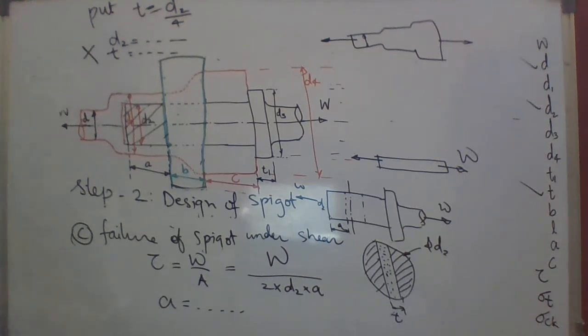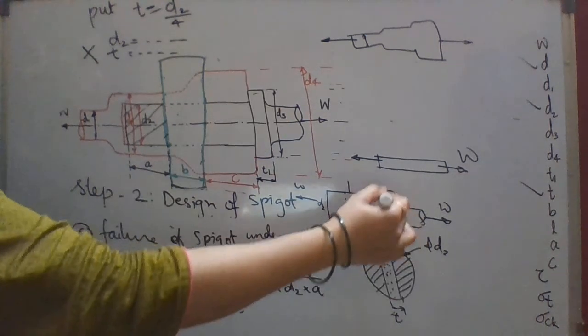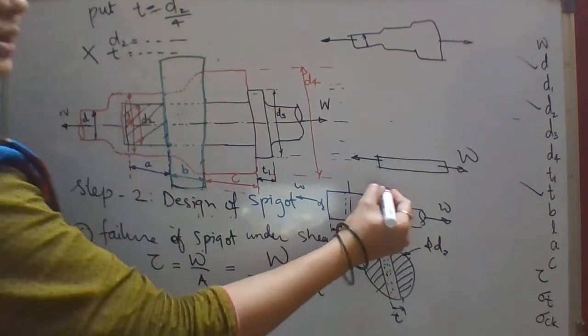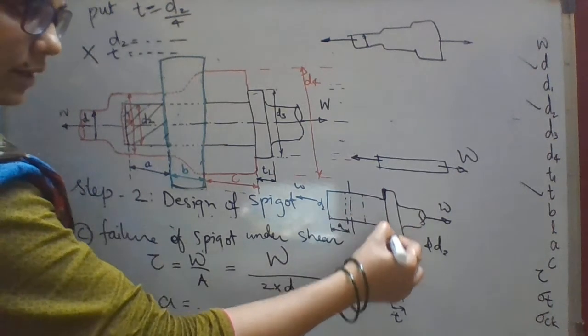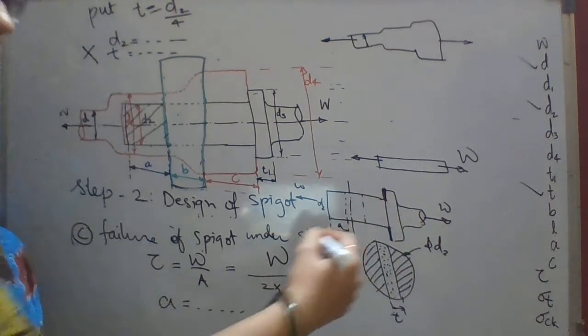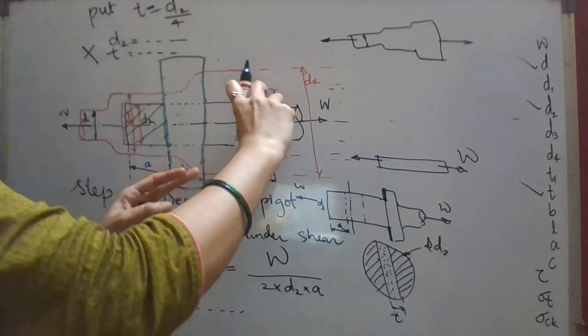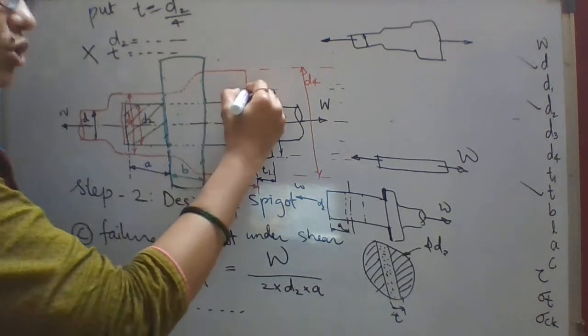Now we'll design this spigot collar. Which type of stress will be induced in the spigot collar? Is there any crushing in the spigot collar? Because this job, I am making bold, pay attention to that. This, from the side, we will see is the ring, a complete ring, which is pressed with the socket collar.